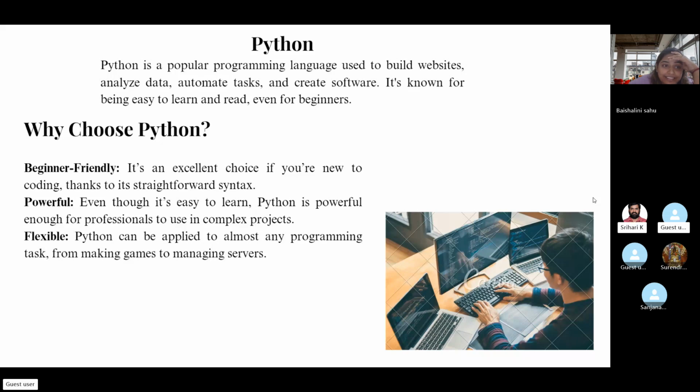Yeah, I can. So Python is a programming language similar to Java or C++. It's used widely, and there are a lot of packages in Python, so you can use it in a wide range of activities.